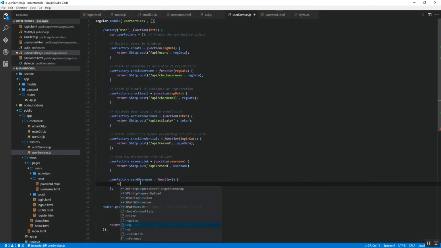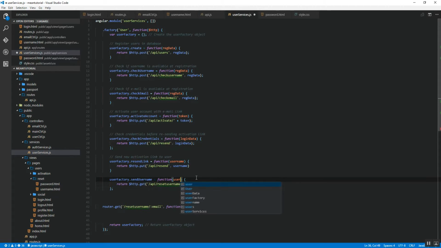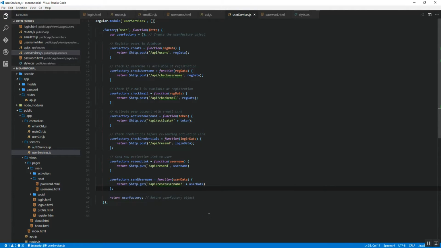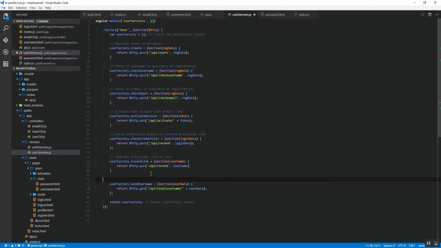So we'll say return http.get API / then I will copy it, paste it there, and then we'll say plus user data. That's what we'll name our object here. Okay, and then we can delete that. Okay, and that will look like this: user.send username